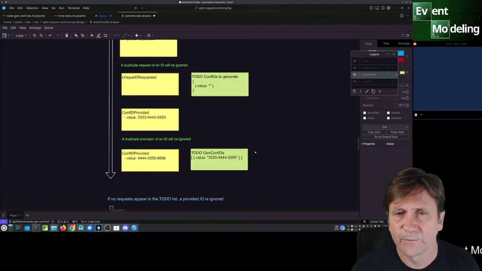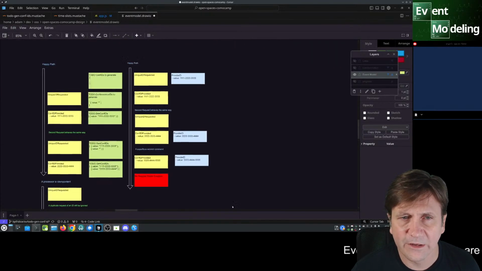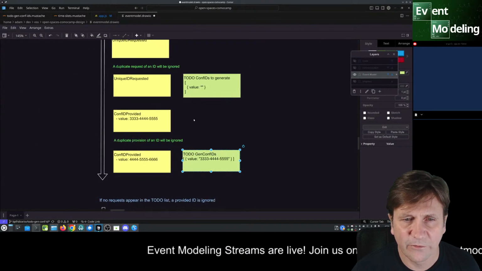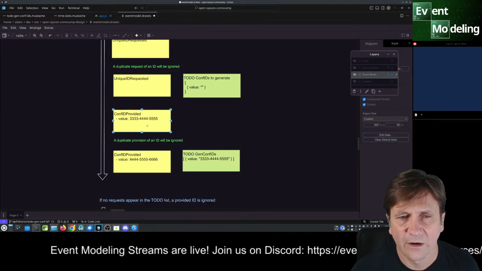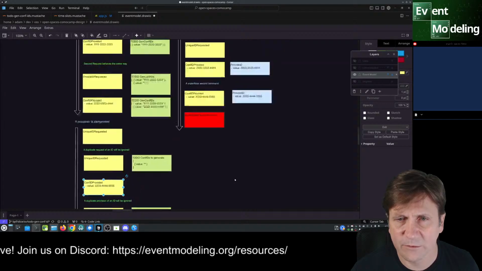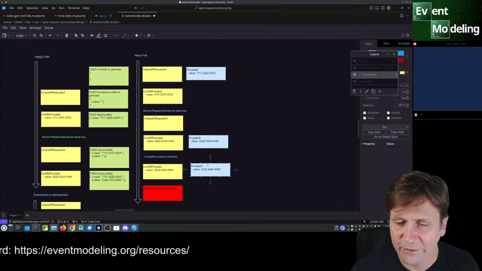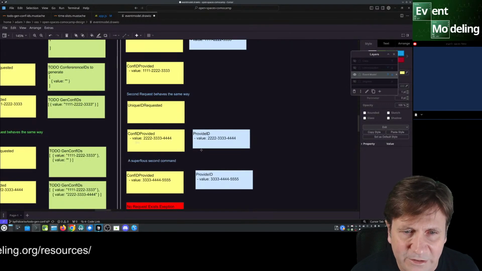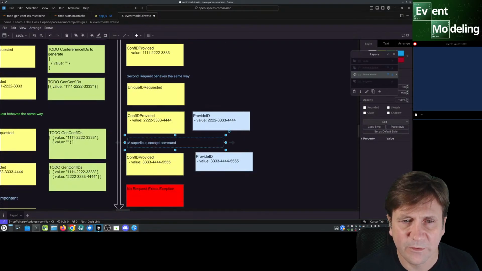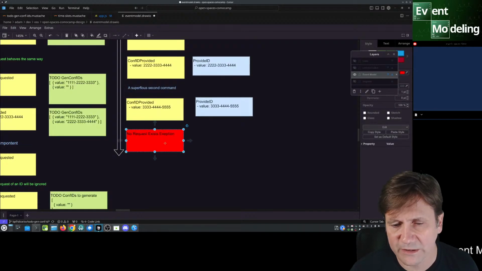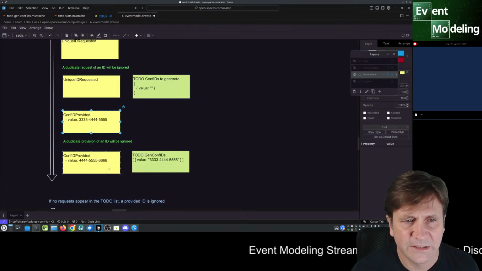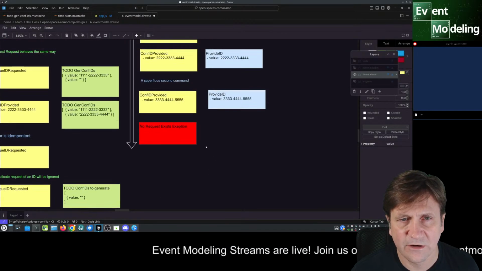But really, getting these two in a row is probably not going to be possible, 99% of the time, because a superfluous second command does actually throw an exception here. When we try to make this happen, the processor actually does that.